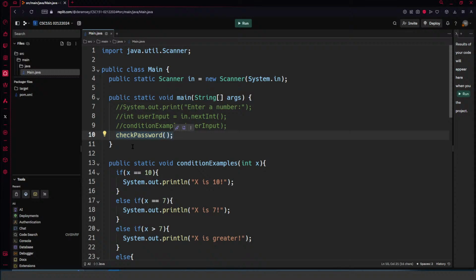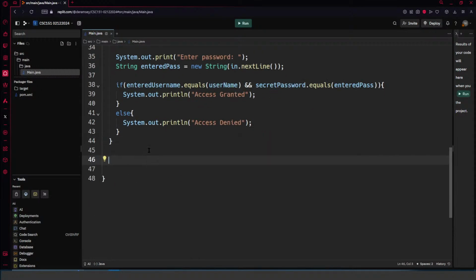What we said previously was that we could invoke it anywhere in the main method or in another method, and when the flow of execution hits that invocation, it's going to execute that method. So if I put a reference to a method inside of that same method,